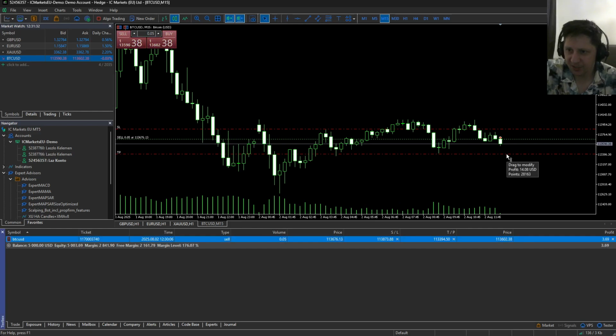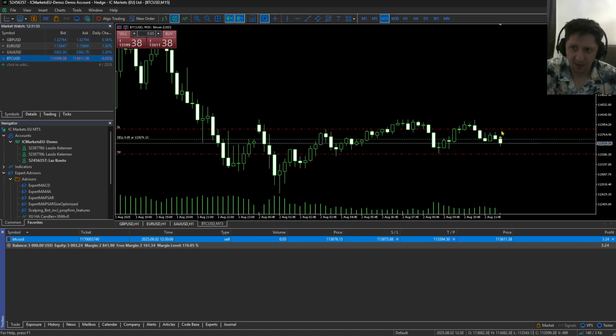If the price comes down here, it will automatically close if it hits this range. If it hits the target, we will make $14 profit. If the price goes against us, and it goes back up here again, and it hits the stop loss, we will lose here